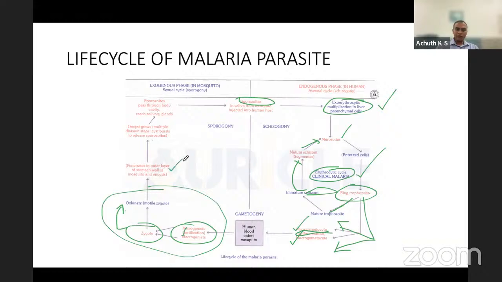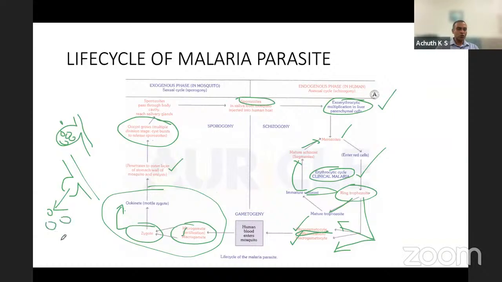Now it penetrates, it tears the stomach wall of the mosquito and encysts, forming a cyst like this. In this, they form an oocyst. This is the oocyst, and there will be sporozoites in this. This gets burst, and these sporozoites are released